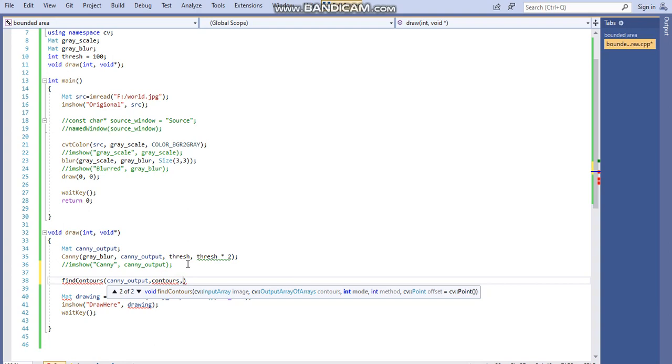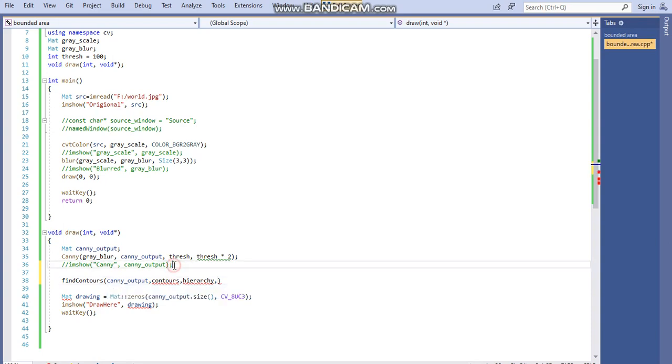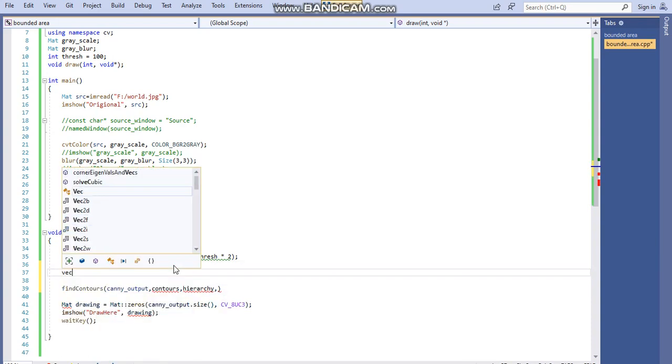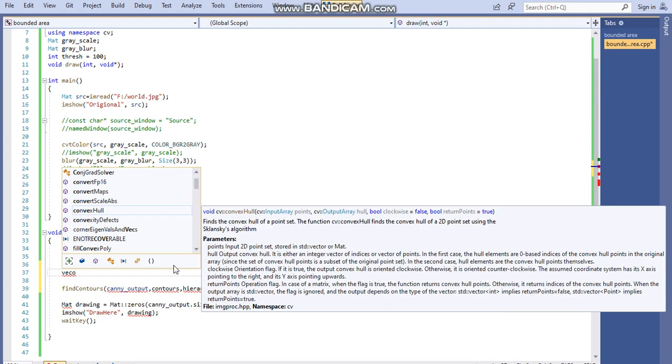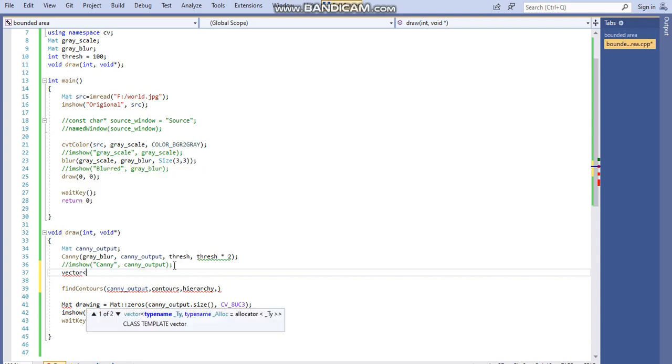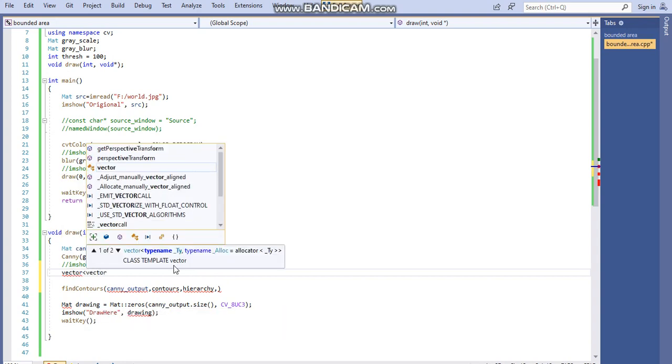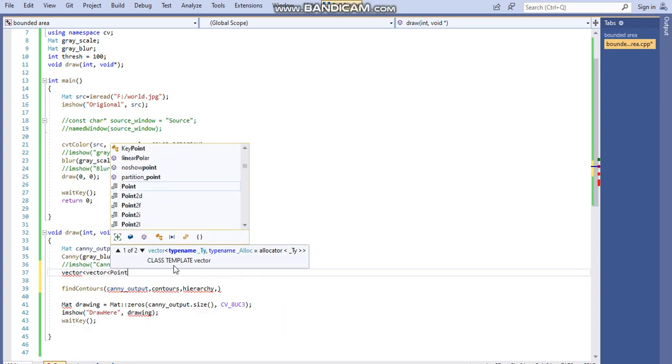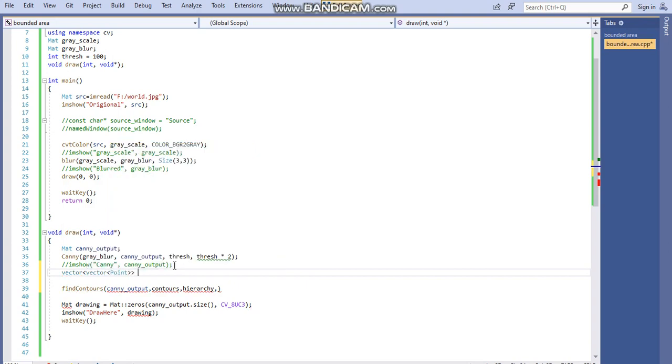Next one is hierarchy. Hierarchy also is not defined yet. So what to do here? First define for contours: vector, and then vector, and then Point, the data type of the contours.